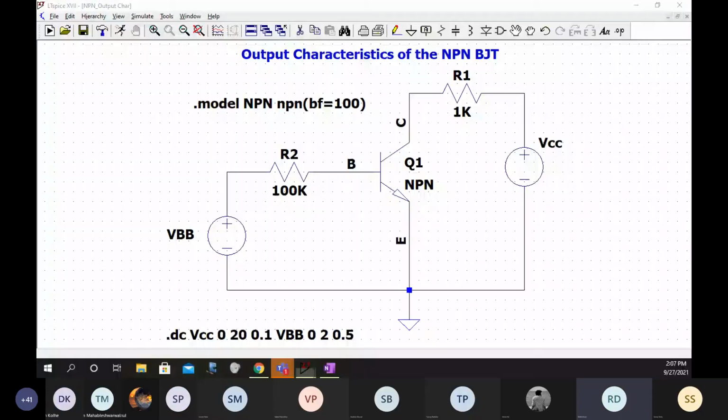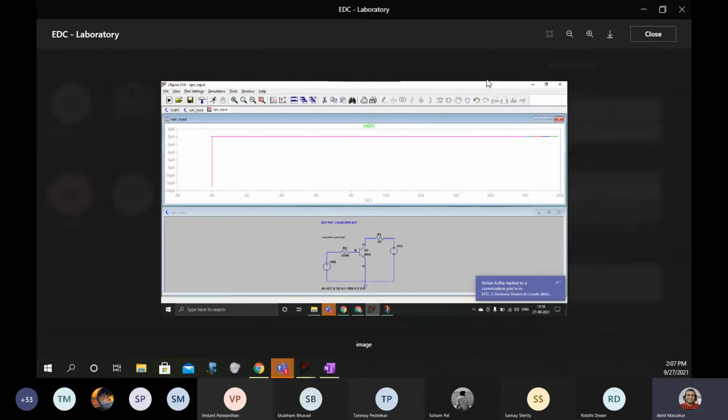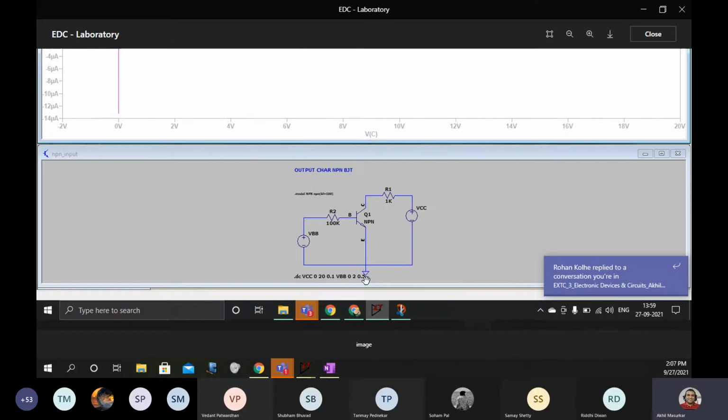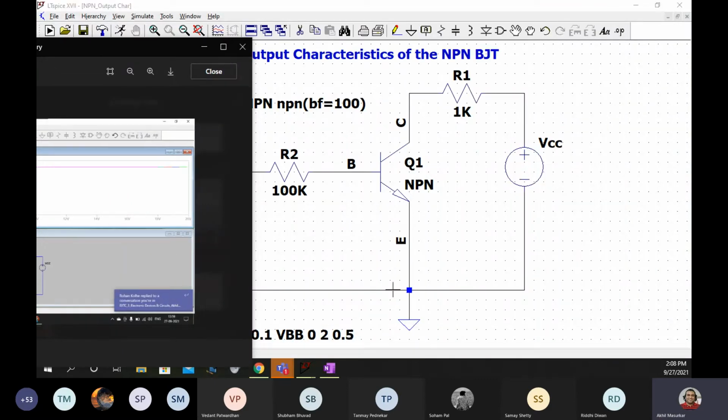Yeah, so I'll just show you. This is a common mistake, and I think it was Samay. So see, Samay, you feel here that ground is connected, but actually ground is not connected unless you see this dot. Can you see this dot here? Yes, sir. So you should be able to see that dot, and then only the ground will be present.